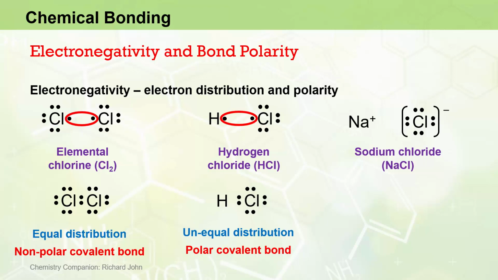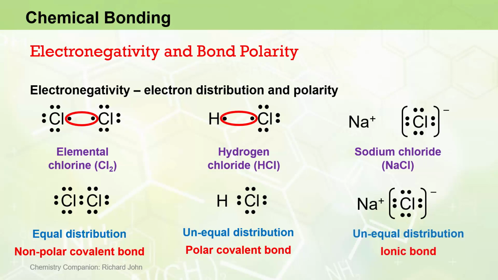The Lewis symbol shows that the sodium atom has lost its only valence electron, therefore leaving the cation with no valence electrons in its outermost n equals 3 shell. The chloride anion, on the other hand, has a complete octet in its outermost shell. The bond holding these 2 atoms together in this case is the result of the electrostatic attraction of oppositely charged ions, and we refer to this as an ionic bond, where the distribution of electrons between the 2 atoms is